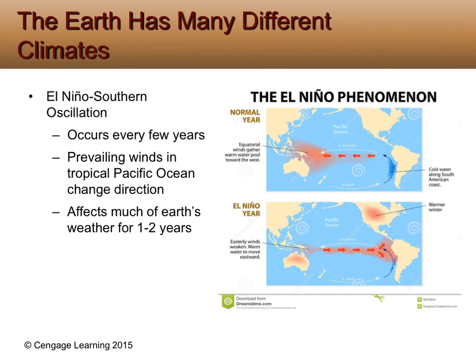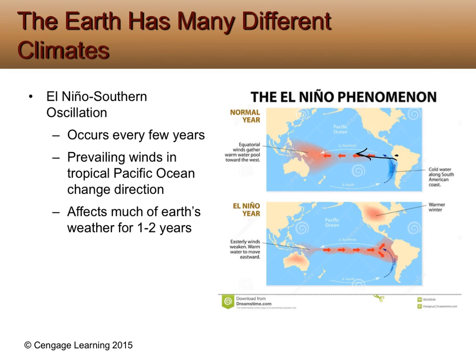One thing that really has a big effect on our climate, something we'll talk about a lot more in class, is something called El Nino. The opposite of El Nino is La Nina. It's called the El Nino Southern Oscillation. It occurs every few years. There's really no rhyme or reason why it occurs. But what happens is, in normal conditions off the coast of Ecuador, Ecuador is in South America, normally we get air currents that travel this way and conditions are normal.